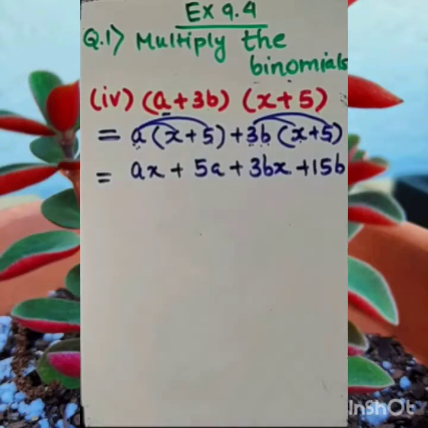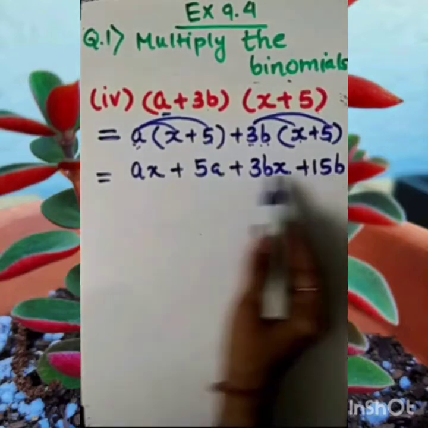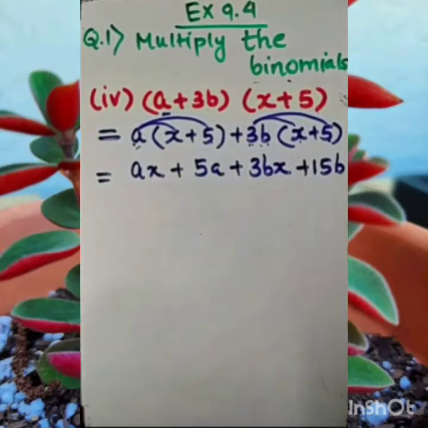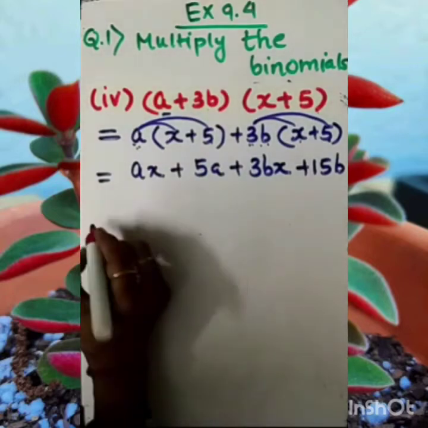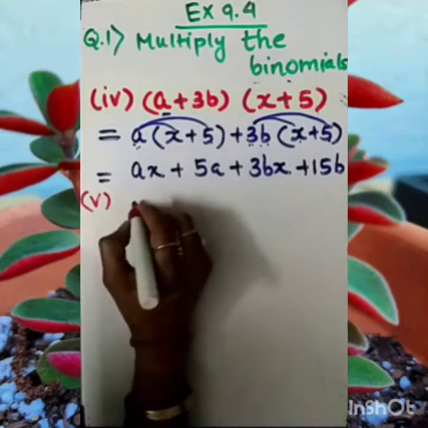So there aren't any common terms, meaning there aren't any like terms in that. So we need not do anything. This is our answer. Okay. Let's work out the next question. In that, what we are given, the fifth question. I'm writing here